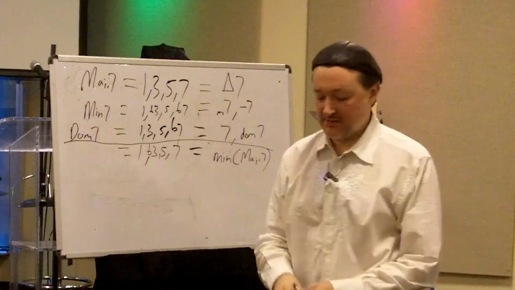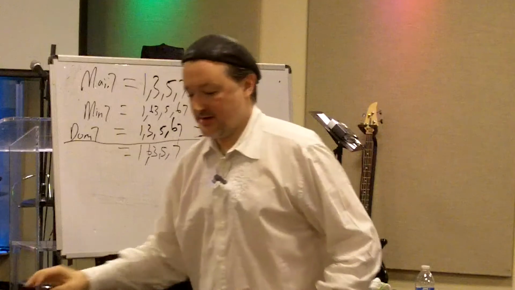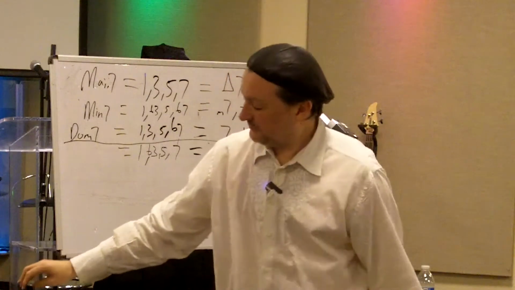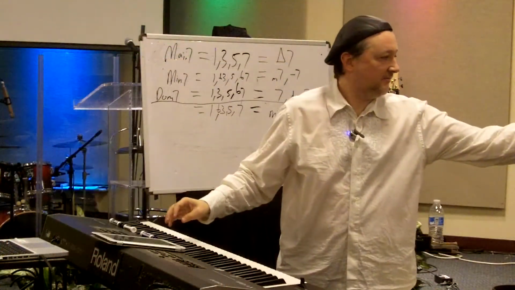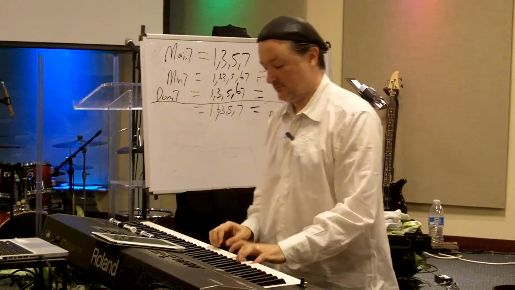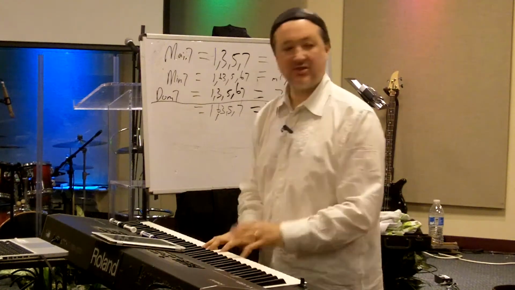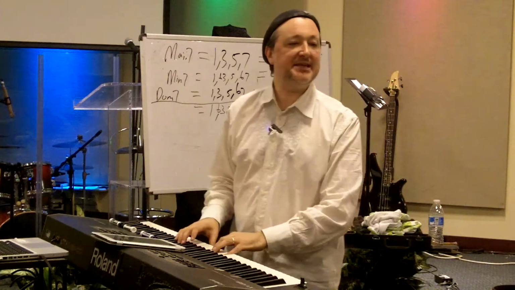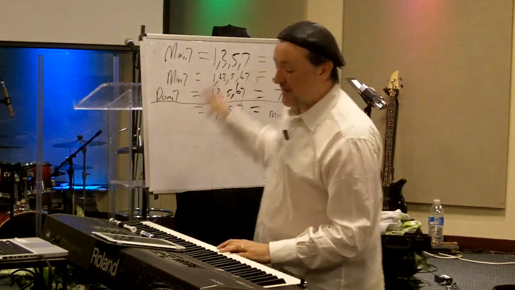Okay? Let me give you some examples just to listen. I'm going to be in the key of, oh, somebody pick a key. Pick a key. G. Here's G. Okay, this is the G major triad. That's just G, B, and D, 1, 3, 5. If I add a major 7 to it,